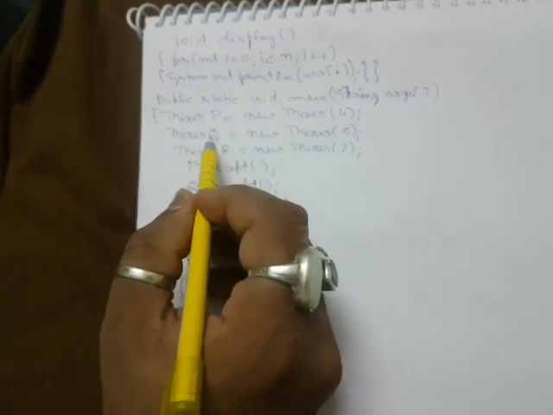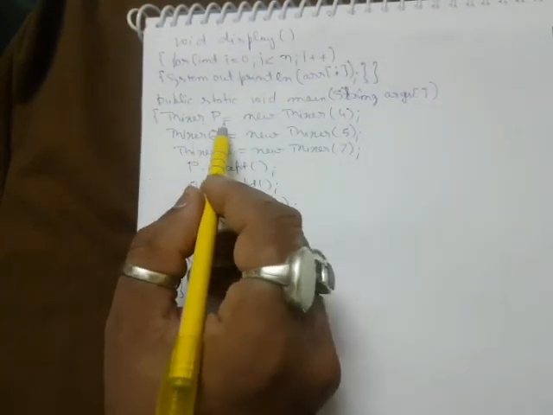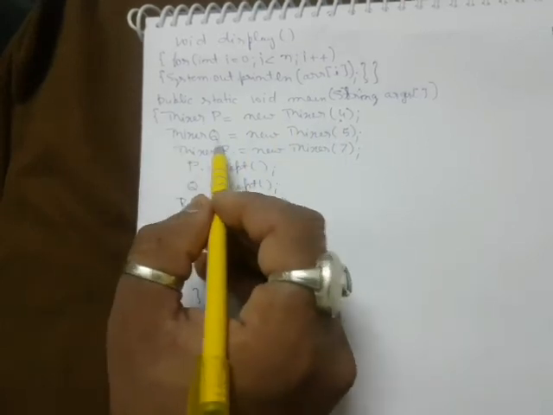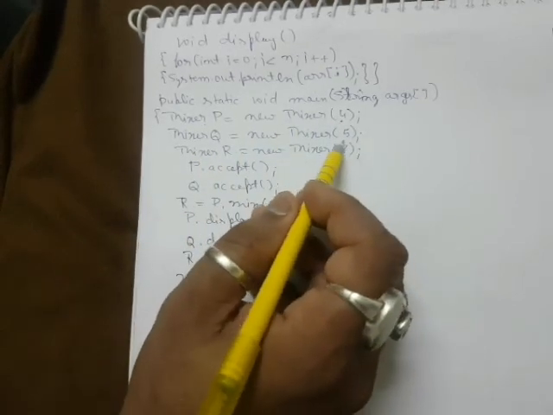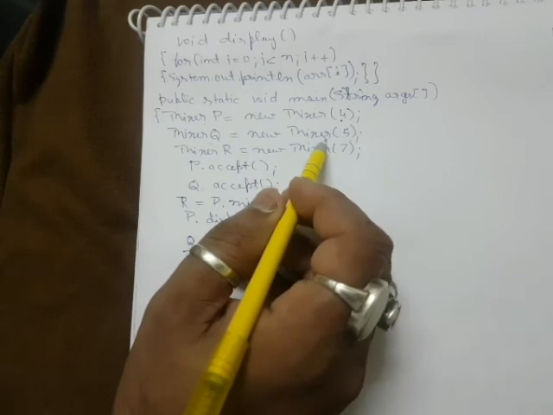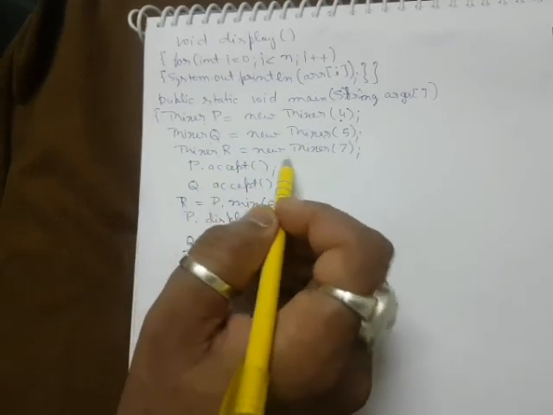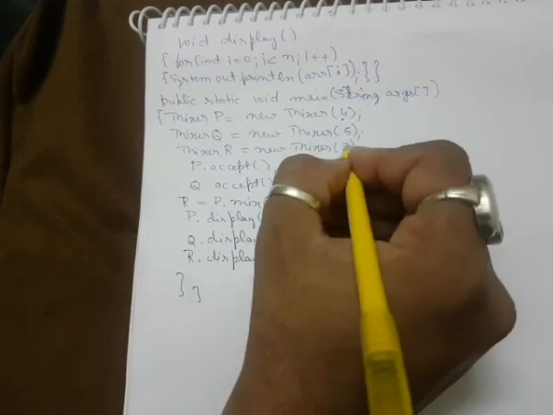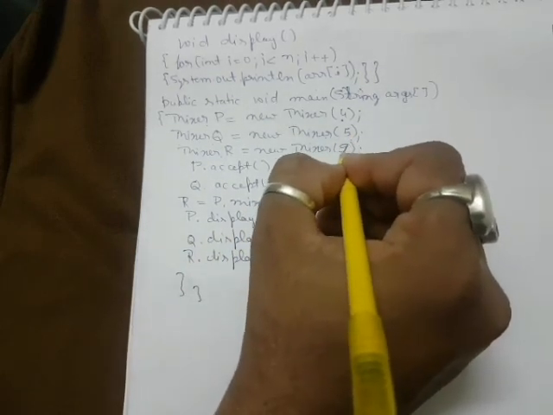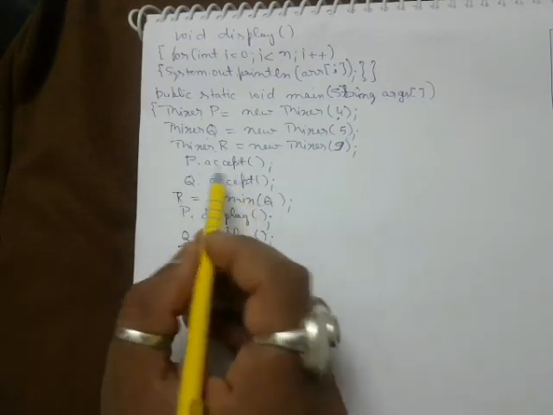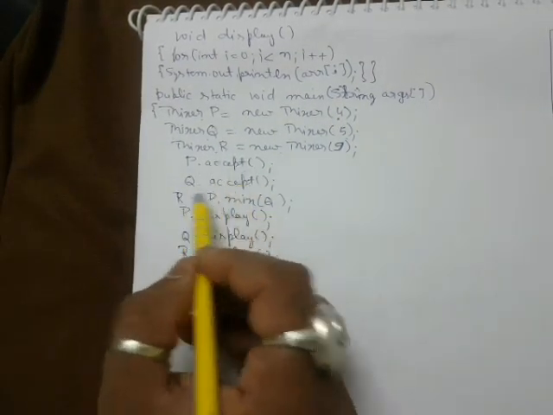Now the parameter is there. After that we have got three objects of the mixer class. So Mixer p equal to new Mixer(4), where the size of the array will be 4. Mixer q equal to new Mixer(5), where the size of the array is 5. Mixer r equal to new Mixer(9), which will be having the size 9. All right, because 5 is there, 4 is there, so 9 will be there.